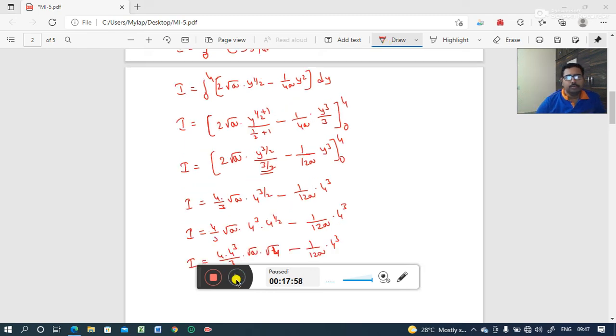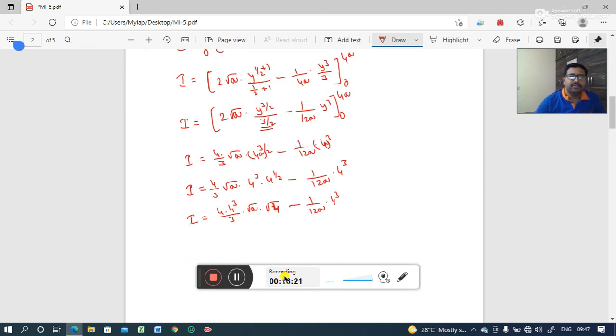So here the limit is 0 to 4a, not 0 to 4. So 4a means here you are getting 4a. So in place of y cube you are writing 4a power 3 by 2 and 4a power 3. Okay, so if I rewrite this expression once again,